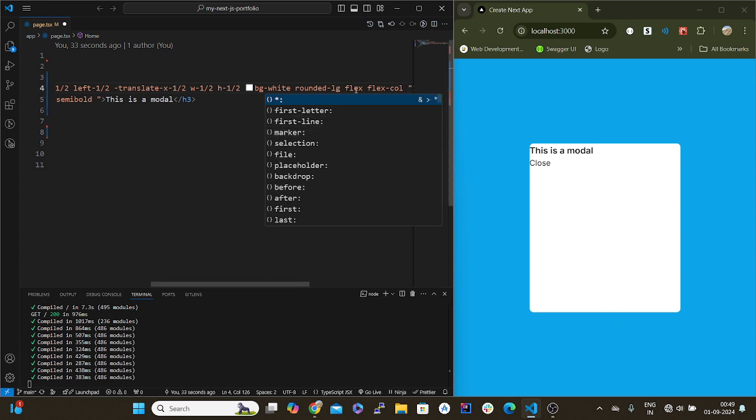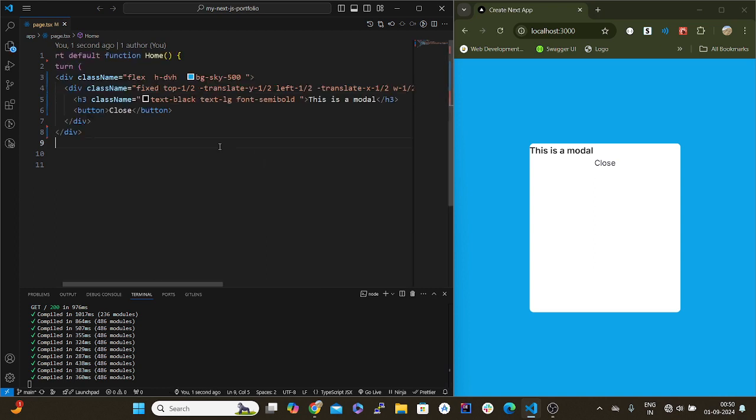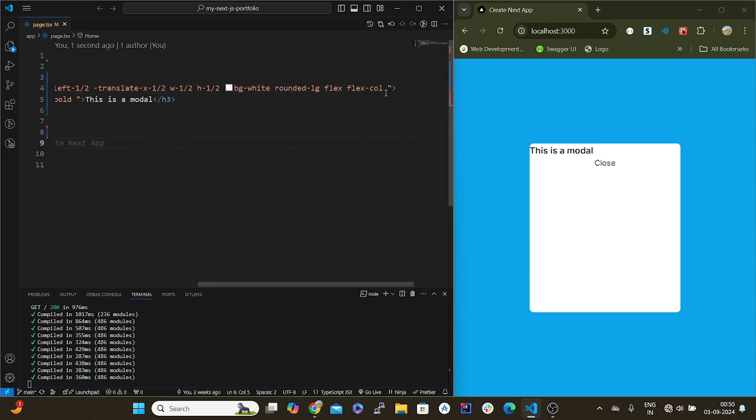If I give it only flex, the default flex position is row, then they will be arranged in a row. When I give it a column, they will be arranged in a column. So when I save this, you'll see no changes. But if I remove the flex column, let's say removing the flex column,